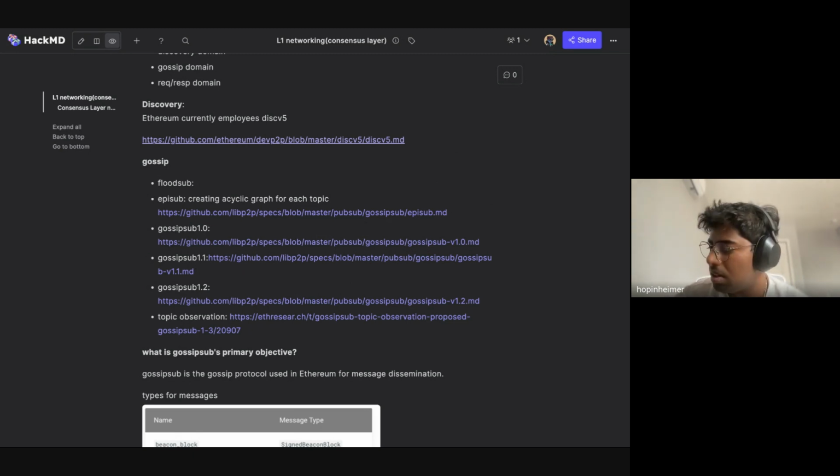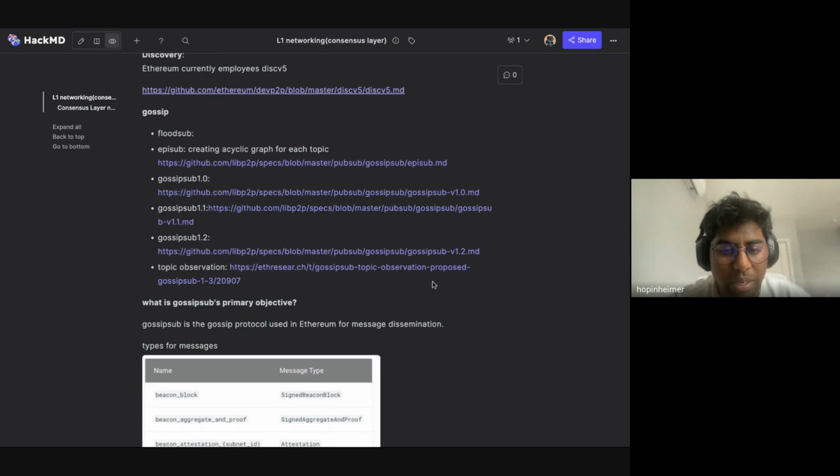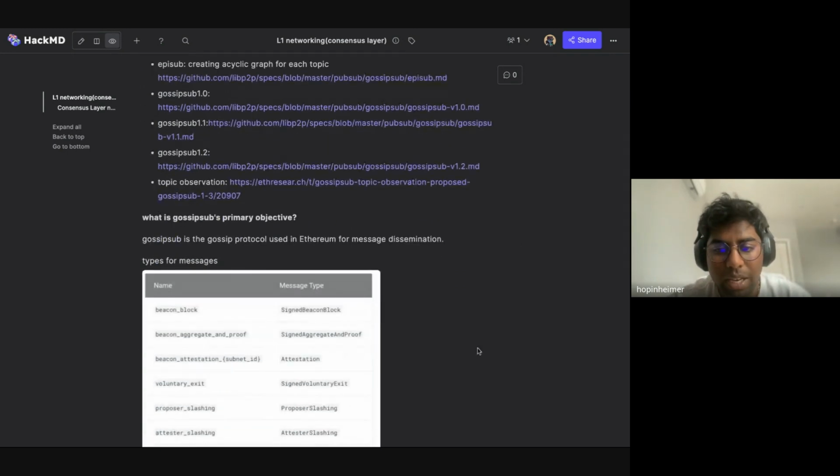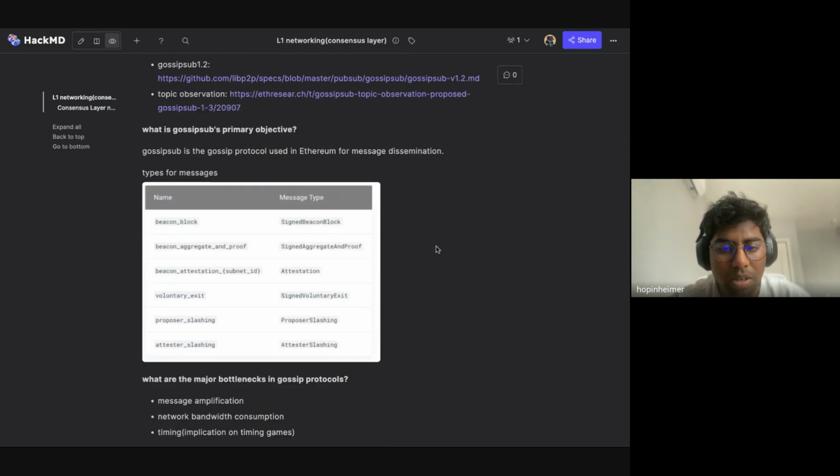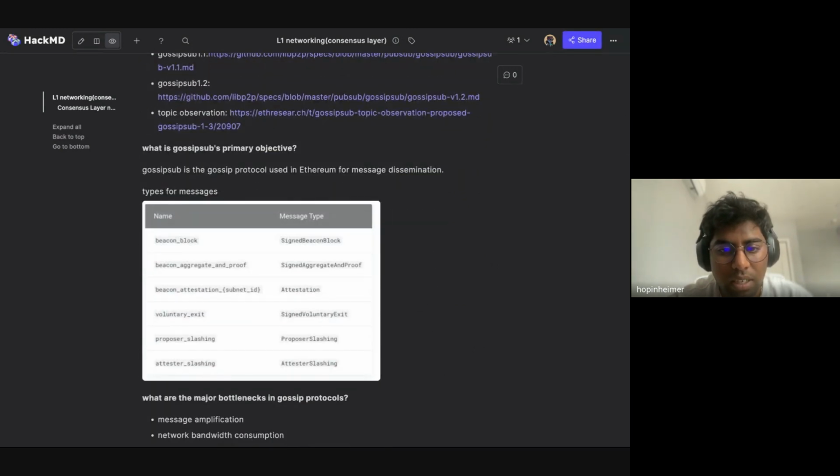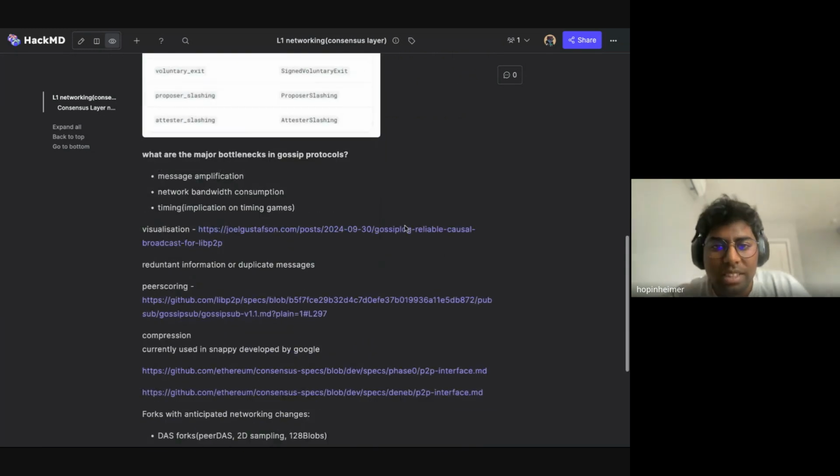So that's where gossipsub came in, and then it was implemented. I'll just give you a brief overview of how gossipsub works in general. So I think I can use the visualization here.